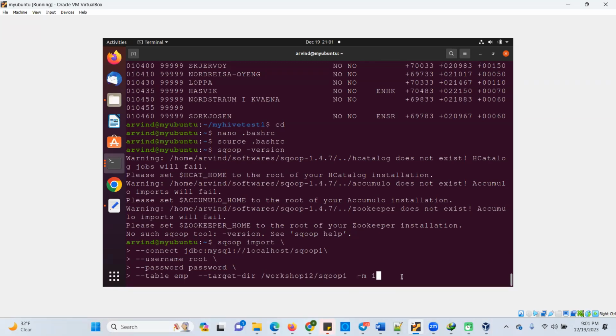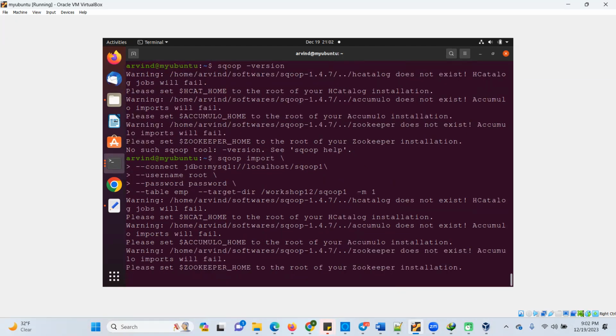If I increase this parameter, minus m 2, 3, 4, your data will start importing in parallel into different files. Suppose I'm giving m 4 and you have 100 records. So it will create 4 files, 25, 25, 25, 25. So 4 files will be created. When I run this command,